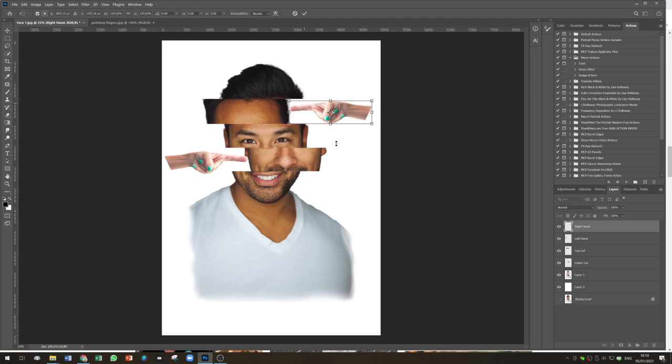There we go, and hit the tick or just enter to define that. So you can come back onto any of these layers and it's clear